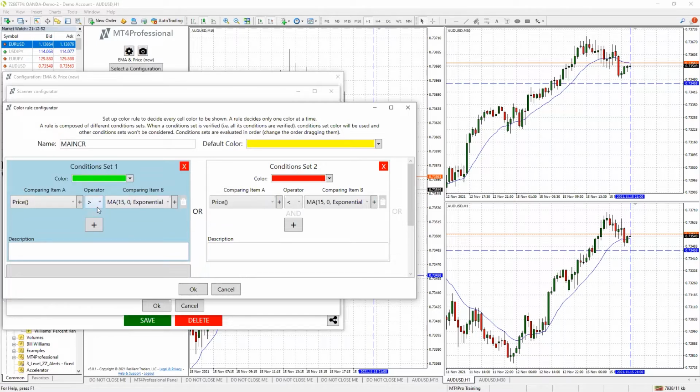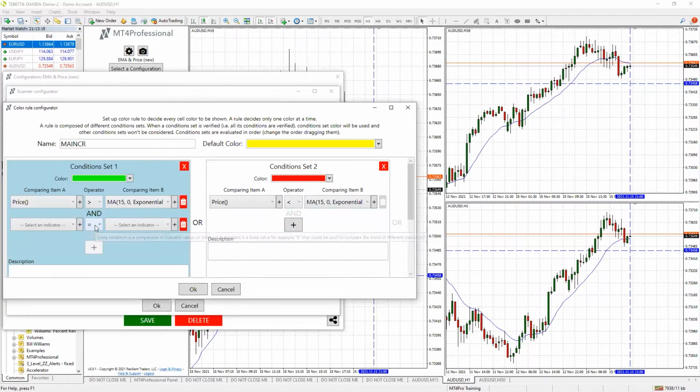Or that means that if this isn't true, then it's going to go into and evaluate this condition set. So it's always going to do this one first and then this one second, based upon the OR principles. One's going to be true or the other. This one, however, can be done with an AND, where that means price has to be greater than the 15, and see the little AND right there? I can add another condition here, and now that has to be true also. So price has to be greater than the MA15, and I can put another condition here to say that maybe I'll have a second moving average,